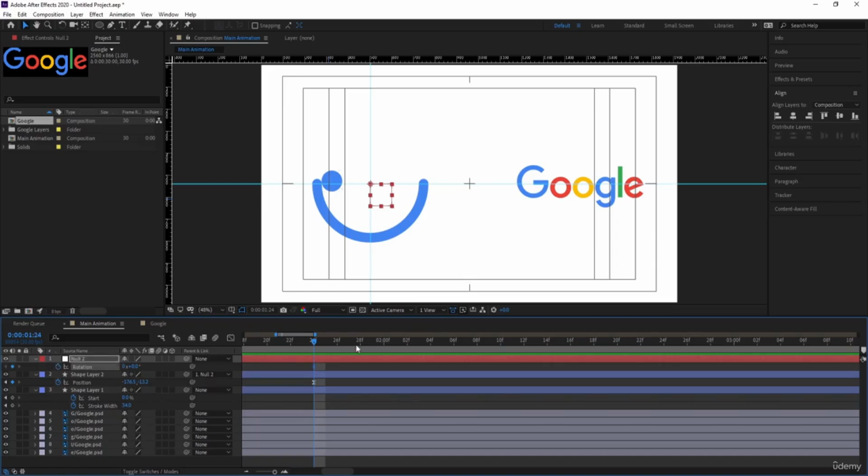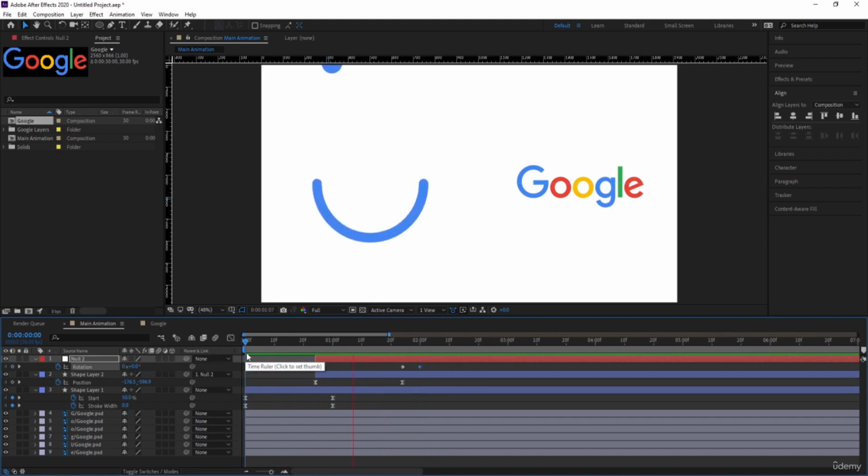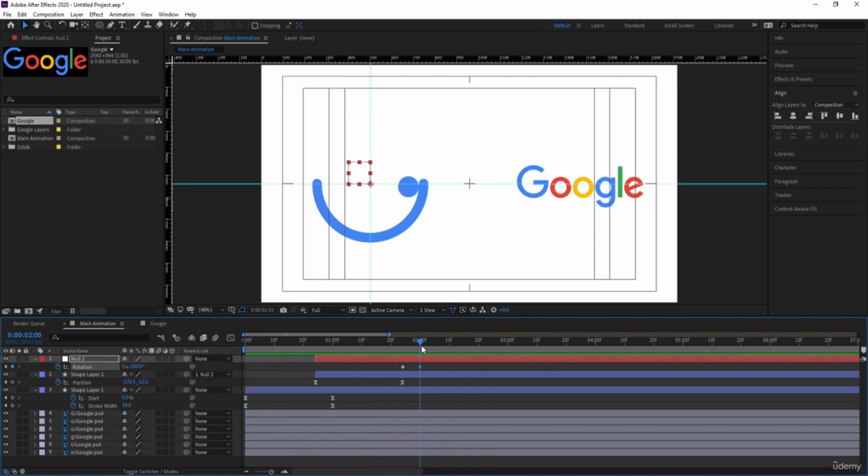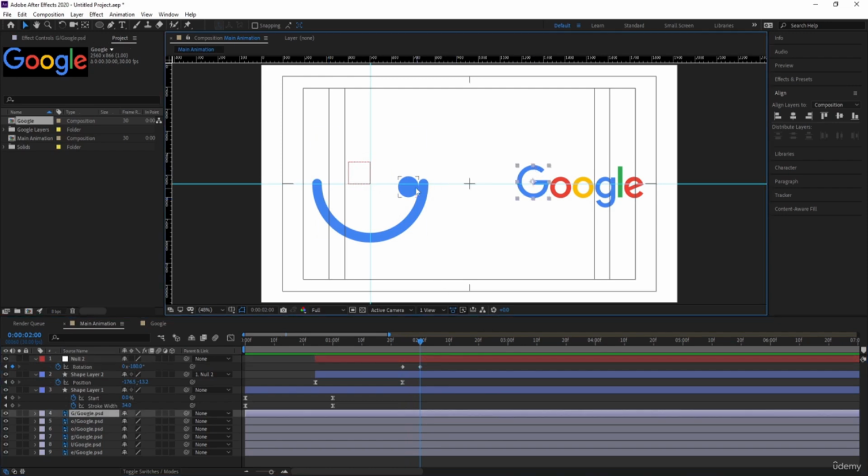Create one keyframe, go to around 2 seconds, and let's rotate it -180 like this. So if you see this animation, we will get something like this. Then at this point, I want this G to convert into G, and then it goes over